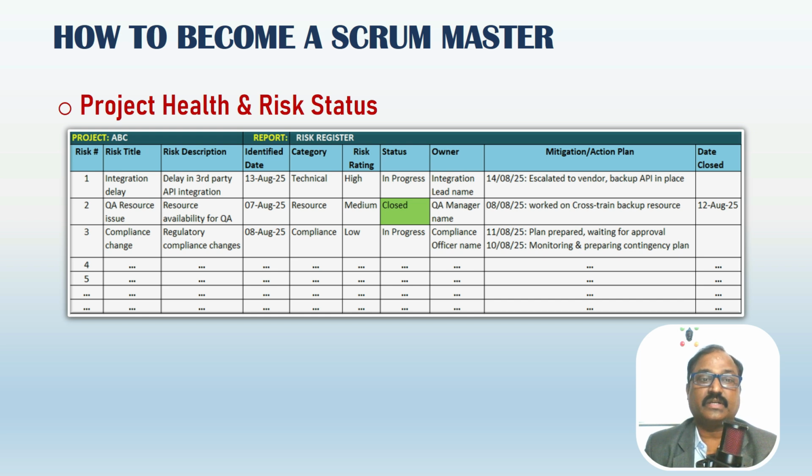The risk register contains key columns like risk ID, risk title, risk description, identified date, category, rating (critical, high, medium, low), status of the risk, who is the owner of the risk, and what is the action plan to resolve it. It contains the history of actions with dates and the date the risk is closed. You can discuss the critical and high risks in senior leadership meetings and can have short meetings anytime with relevant cross-functional teams to discuss the risks of any rating.